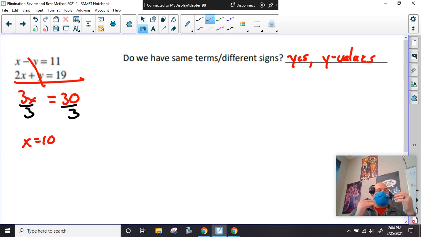Usually with this elimination process, with ones like these, they eliminate very easily. You've got a one-step equation, and you get one of the variables. Now, what about y? What does y equal? Well, we have to use one of these equations again and plug in what we just found. Which one do y'all want to use now, top or bottom? Top. Okay, using top,